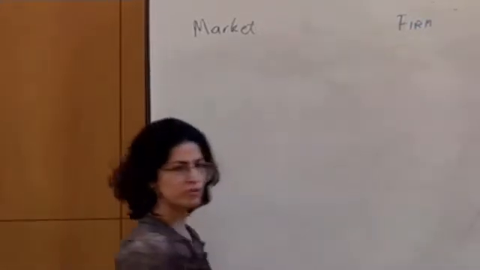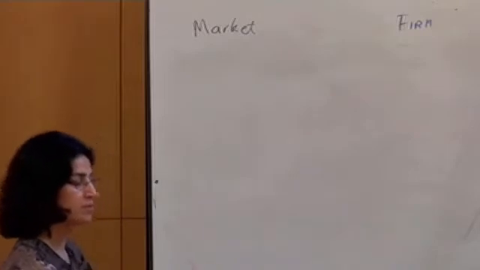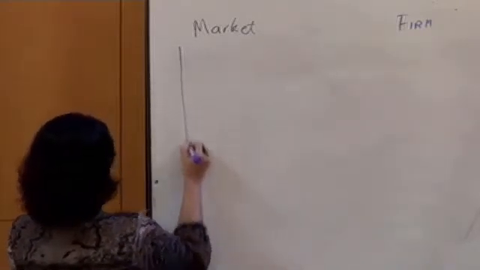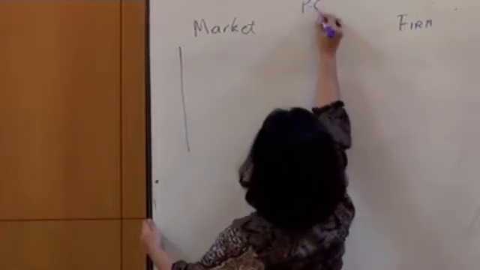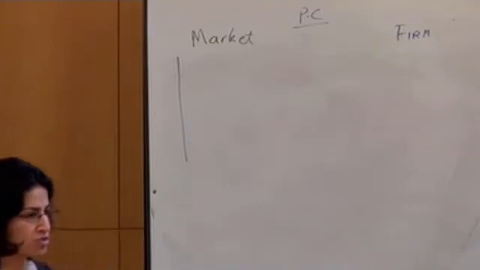In case of monopoly, it's the same graph, right? Because the firm actually takes the market demand as given. Monopolistic competition, they share the market demand, but the market demand is still downward sloping, right? What about in case of perfect competition? What can you say about economies of scale? We have constant returns to scale in this case.